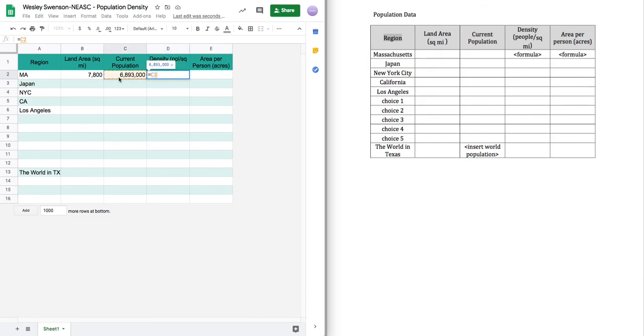If you select this cell here, the number of people, and now use the slash, which is the key with the question mark, and then select that cell right there. Notice that it automatically highlights them and color codes it so you can see what matches with what. So hit enter, and now we have a number, 883